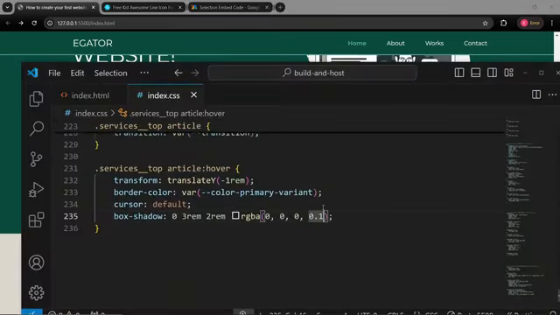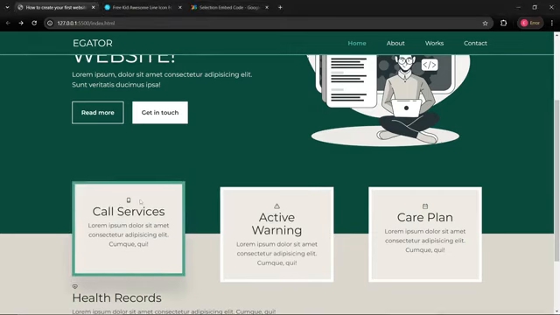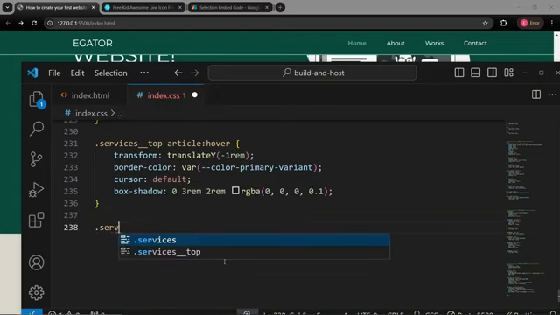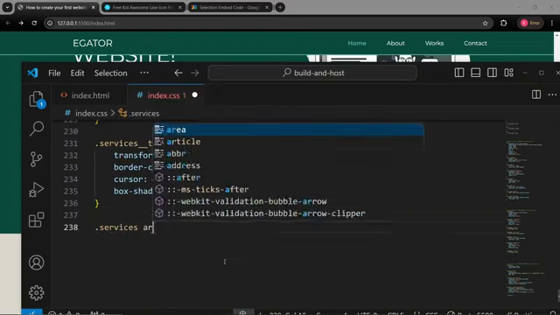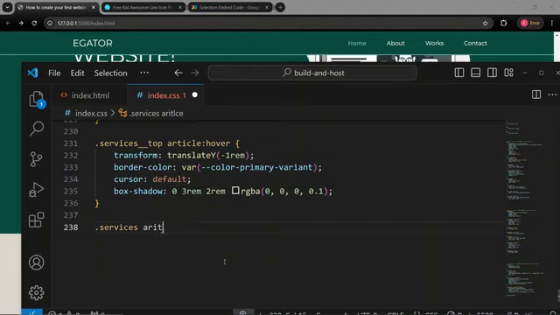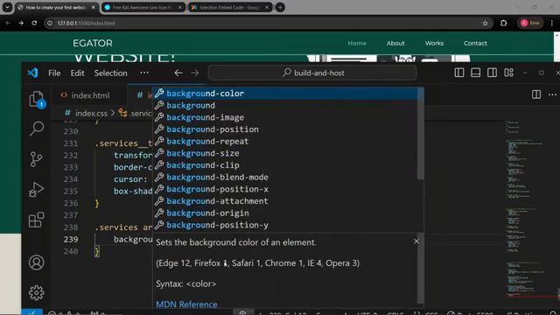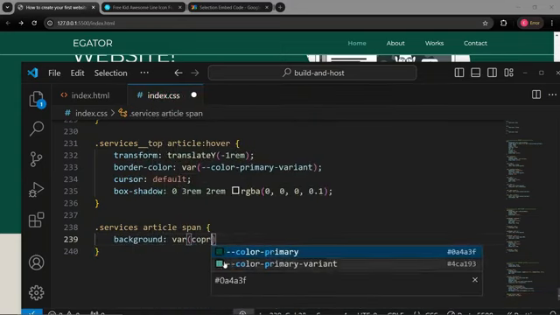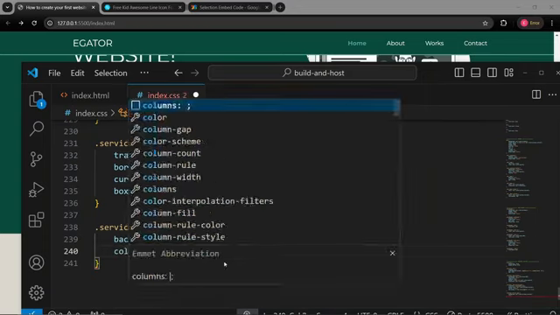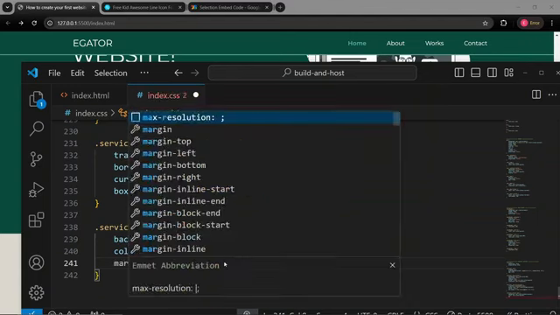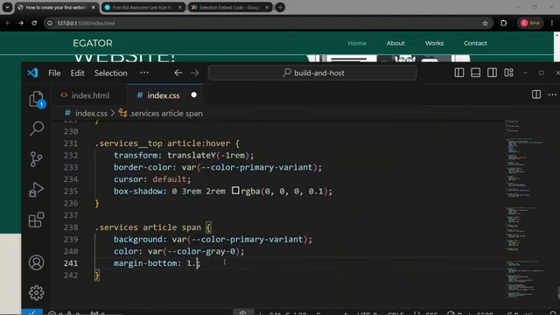All right, now let's target the icon. Okay, let's target the icon. So let's get the services article, and then the icon that is inside the span. Let's give that a background of color primary variant, a text color of color gray 0, a margin bottom of 1.5 rem,